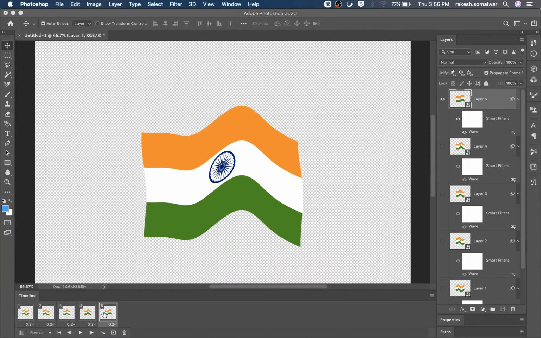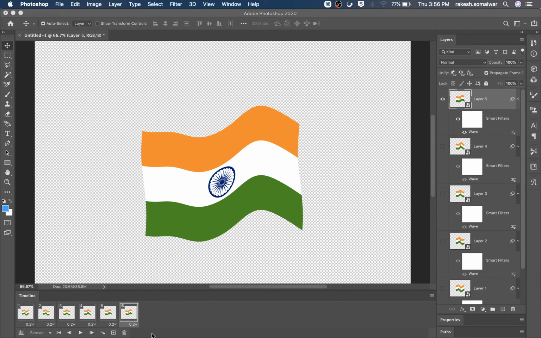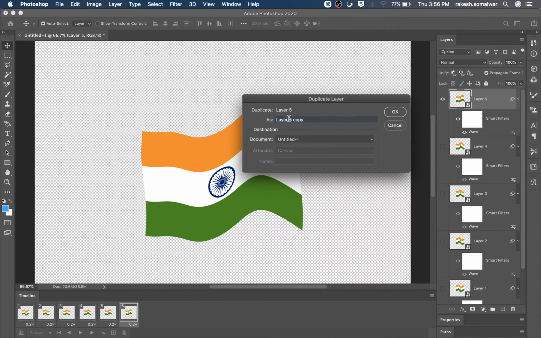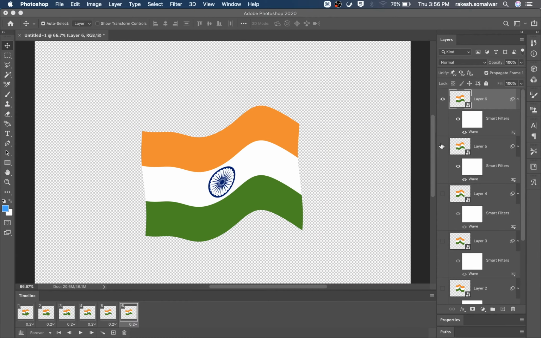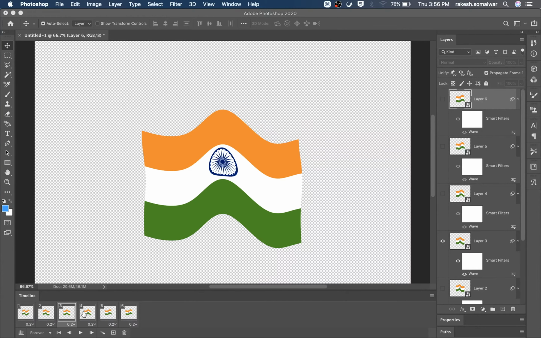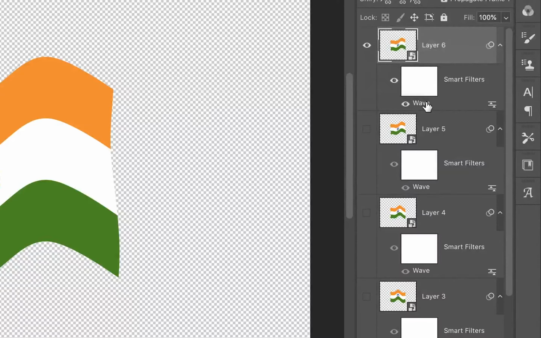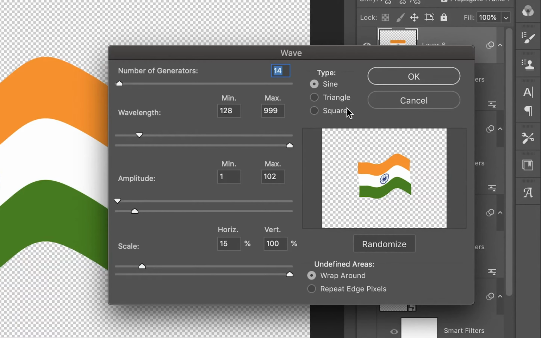Now this is fine. Duplicate layer and frame number 6. Select all frames 1 to 5, layer 6 off in those frames, and double click on layer 6, wave. Increase the wavelength to 193.